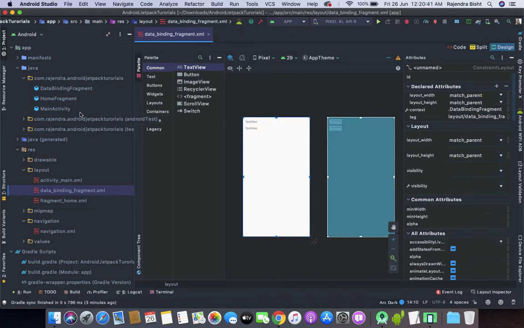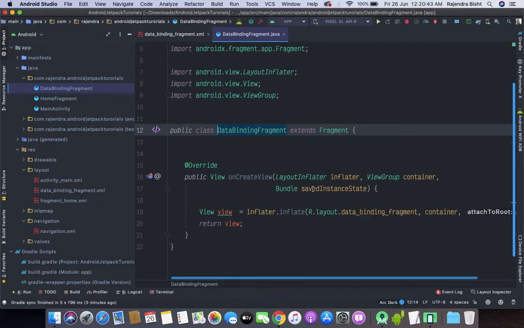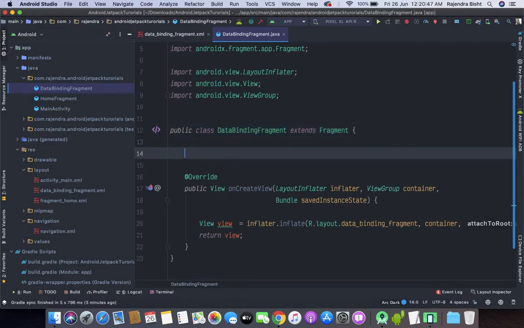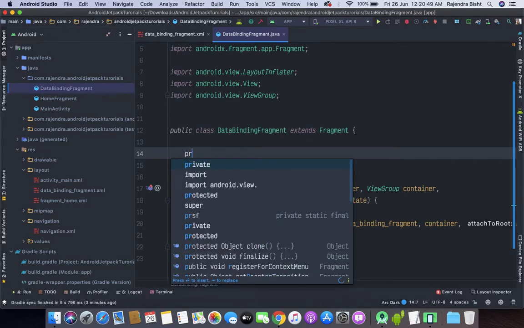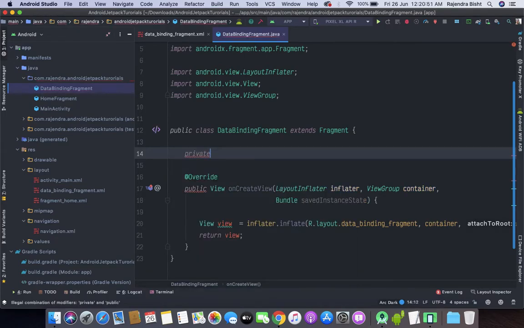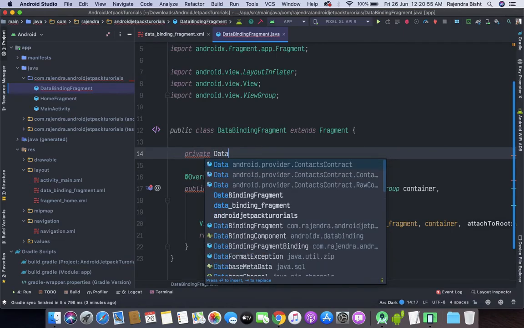So now let's go to the fragment Java file. Here we will initialize the data binding. Let's say private DataBindingFragmentBinding.